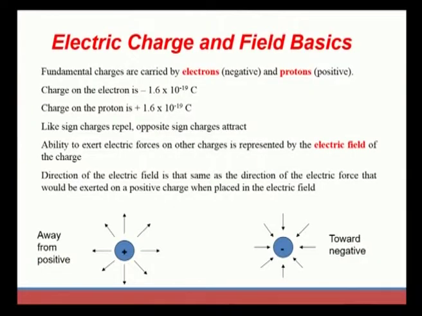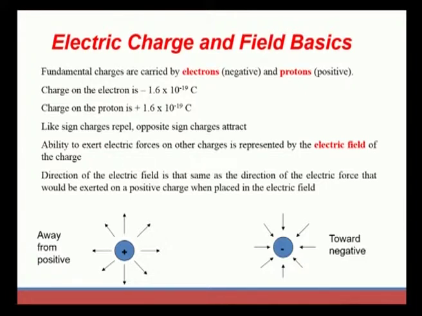This is important, as these are points that we need to carry throughout this syllabus, because this will be helpful for a better understanding of the nature of electromagnetic waves. The fundamental charges are carried by electrons; that is, we know that charge consists of two types, electrons and protons. Electrons are always negative in sign, and protons are always positive in sign.